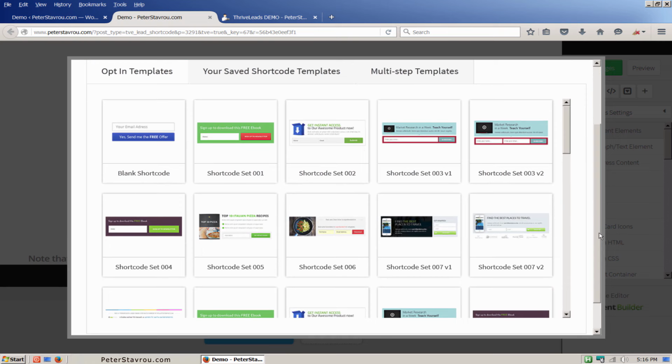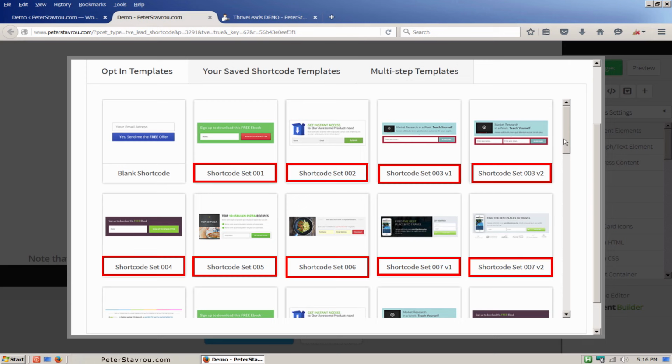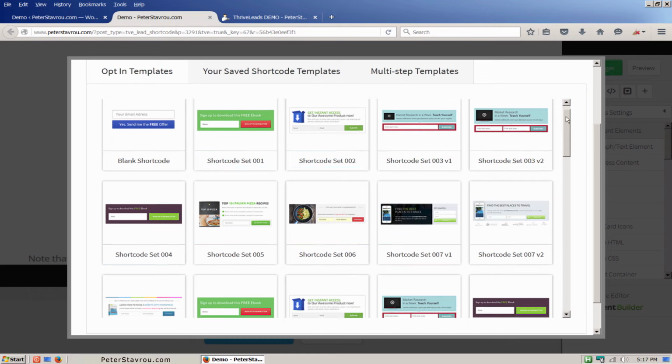As you've probably realized, they are very similar to the ones you've already seen. But take note of the name. See how up here they are named shortcode set and then a number? They are your normal shortcode templates. Now if I scroll down,